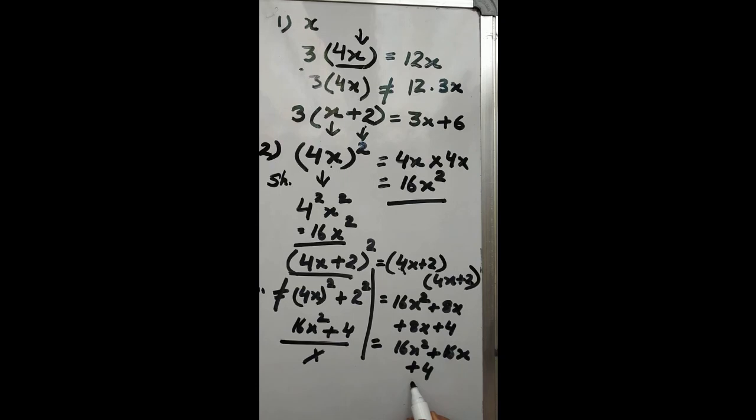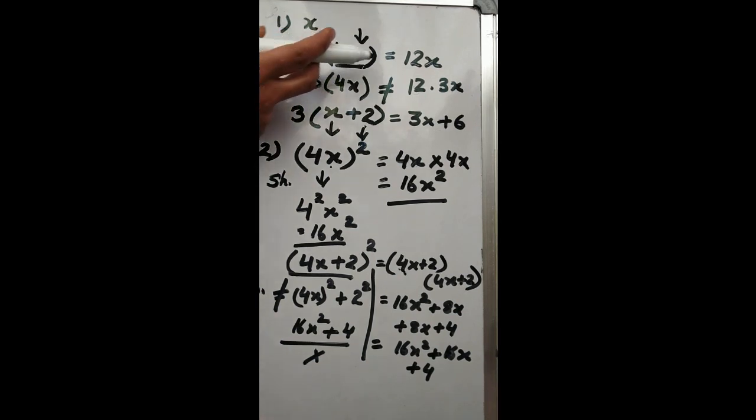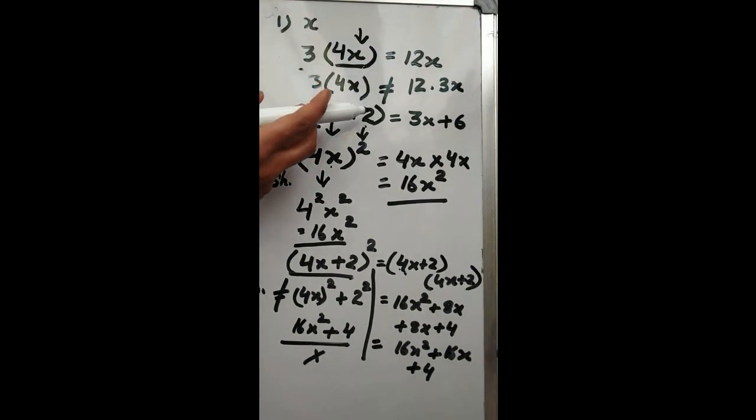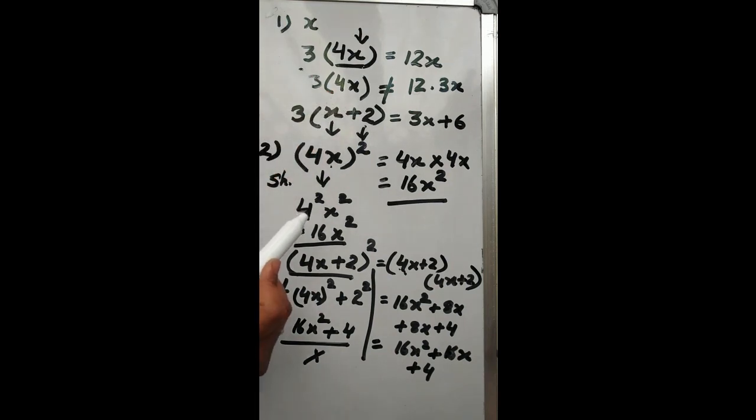Okay. So why have I put these two together? Because here when we are multiplying, when there is a monomial, we just have to multiply 3 by 4, 12x. And when there is a binomial, 3 will go to both terms. Whereas it is opposite in case of a square. When it is a monomial, the power has to be given to both as a shortcut. 4x, here 4x into 3, we just multiplied 3 by 4, but here 4x raised to power 2, so 4 square and x square. So there is nothing to learn by heart, just recall them from their logic.